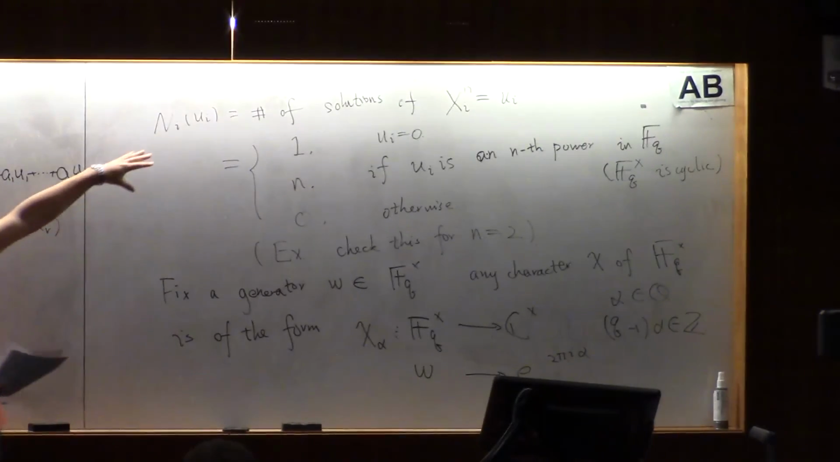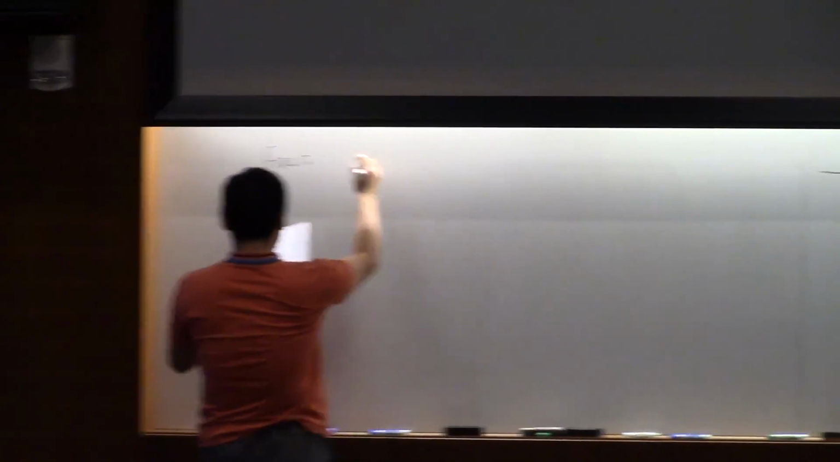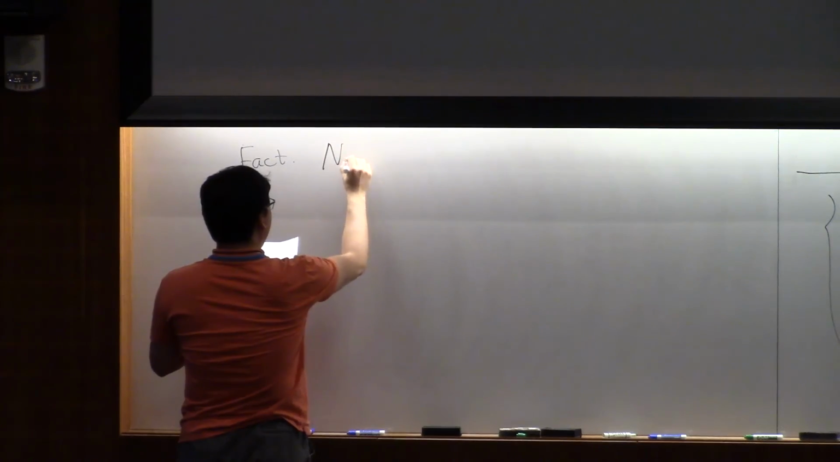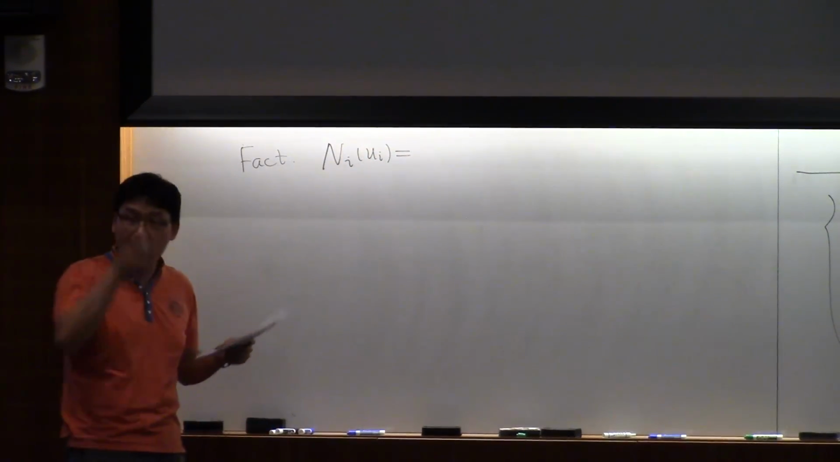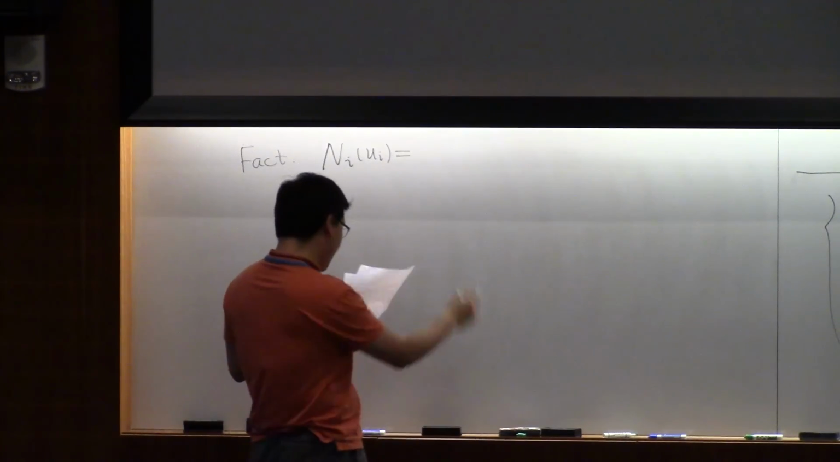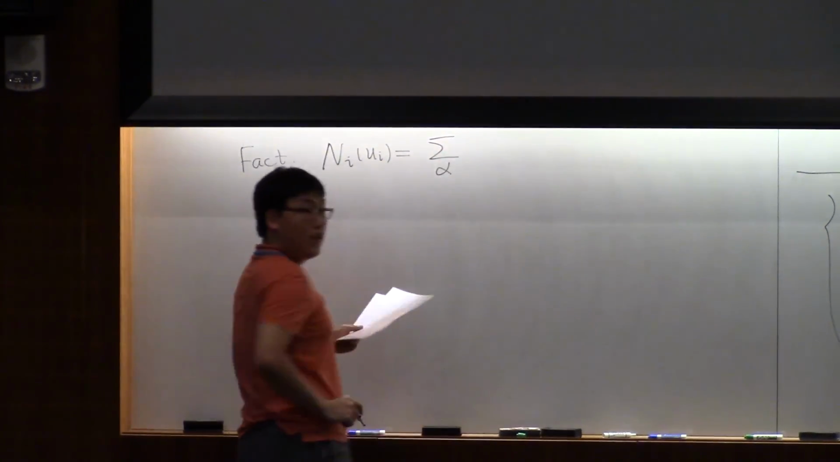So as I said, I try to write this number as the sum of characters of the finite field F_q. And here is the fact: it is a sum